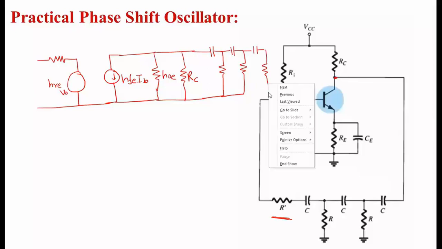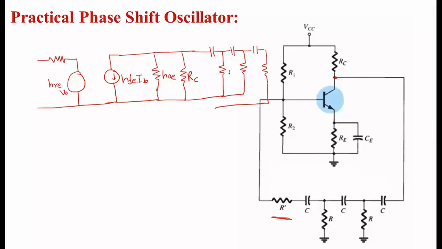Now we should note this third R. If this value is R and this is R, this value we have as R3, since it is different from this R. As we have discussed, the third resistance will be in combination with the input resistance of the amplifier. So this value will be different from these two R. So let's write it as R3, and connect this to the input of the transistor.